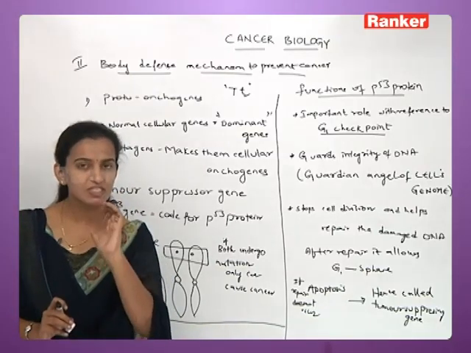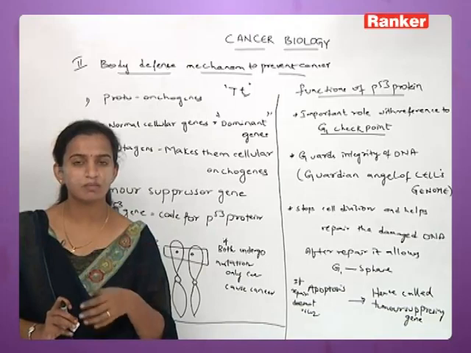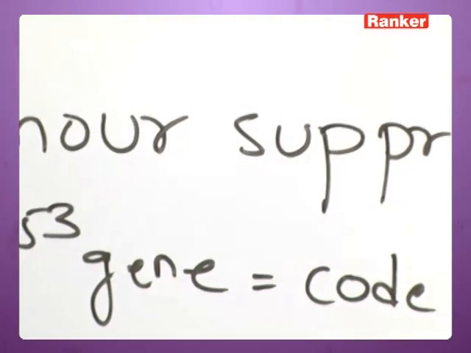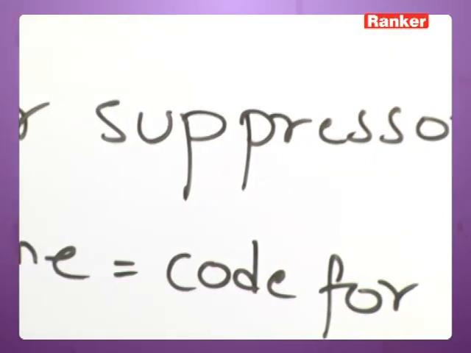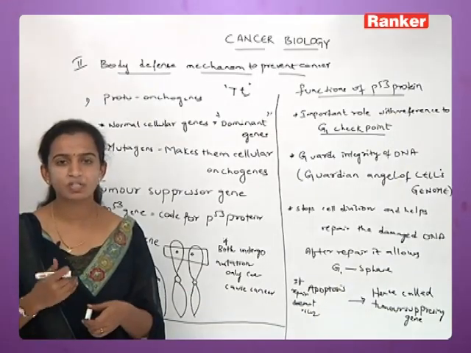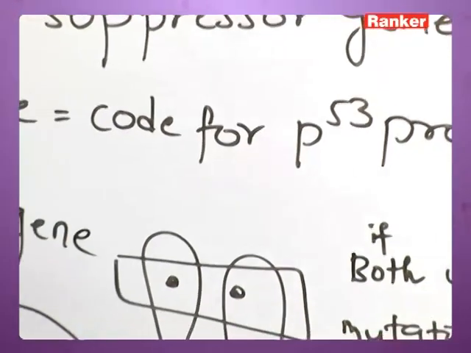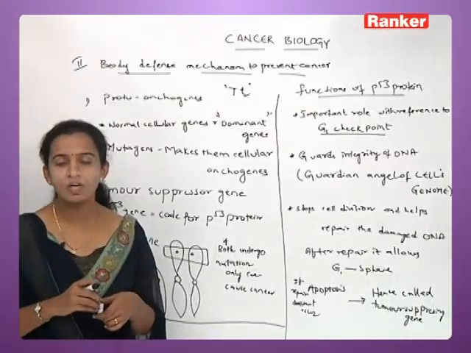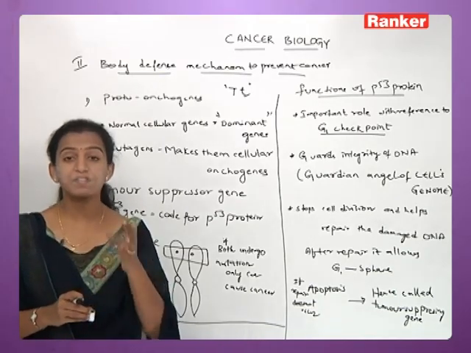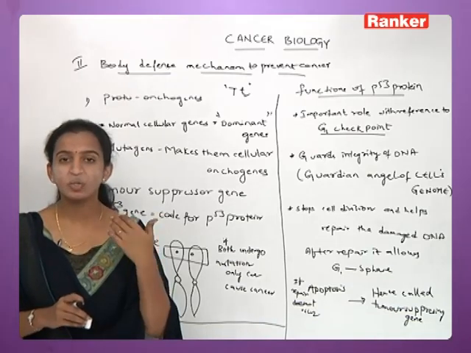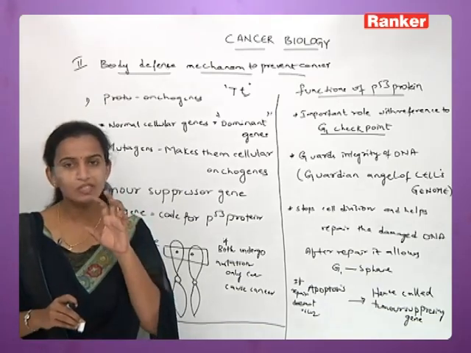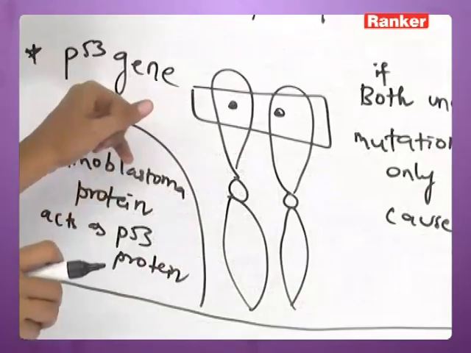That means if there is a chance of tremendous division taking place in your body, the one who is guarding is p53. Think I'm a cell. Now I say that I want to divide. The one who decides whether I divide is p53. p53 is the one who checks whether you are capable of division or not, whether you are ready for the division, or whether you have any problem, or you are damaged so that the body has some problem and you need to be divided. All these things are under the control of the p53 gene.